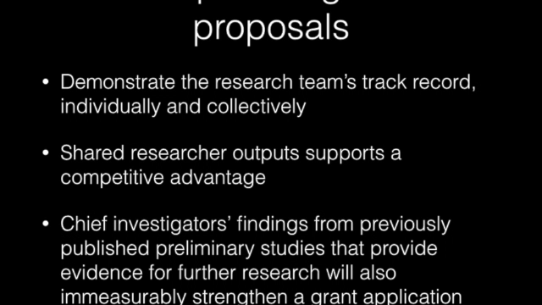Some of the other hints and tips for writing competitive grant proposals include demonstrating the research team's track record, both individually and collectively. That's about using members of the research team's publications in your citations list. That demonstrates expertise in the substantive area or in the methodological area. But also if you've previously published together as a team, make sure that citation is also in your list